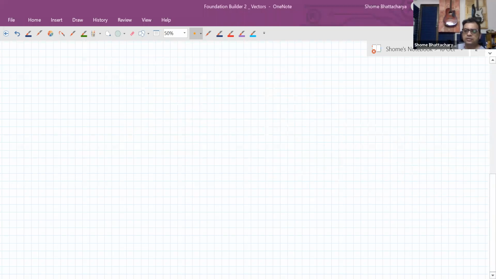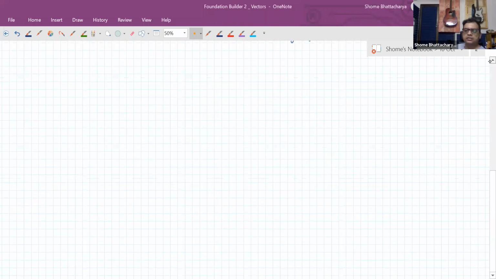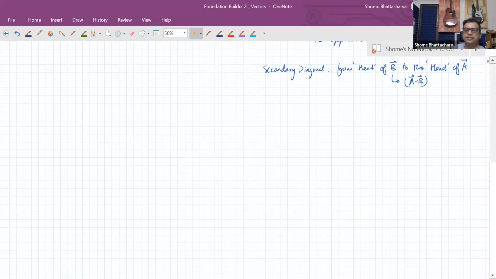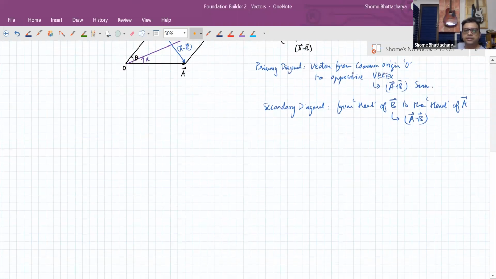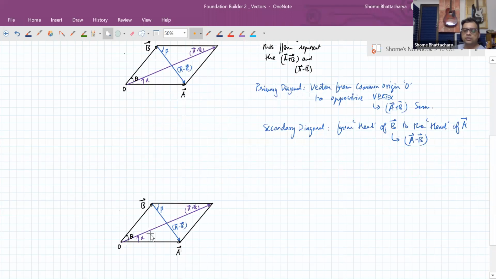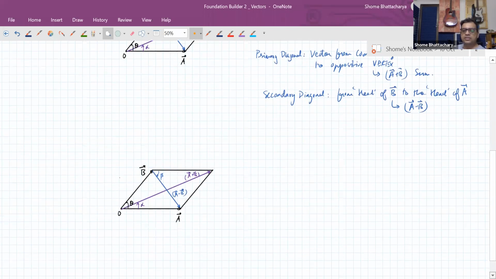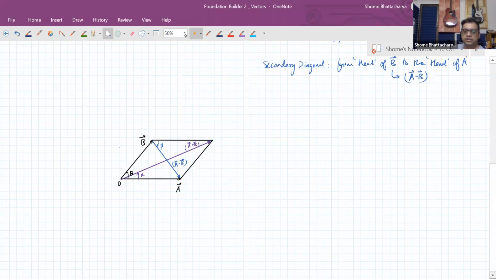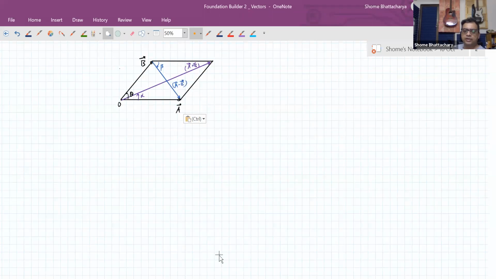Now next thing we'll realize here is that, as I was telling you, the vector parallelogram itself contains both the triangles, the sum triangle and the difference triangle that we have drawn earlier. Okay, so ultimately the parallelogram law is not very different from the triangle laws that we have seen earlier, but it's just that both the triangle laws for sum and difference are combined into one shape over here. That is the advantage of the parallelogram law.